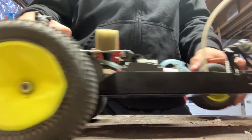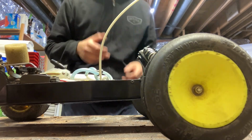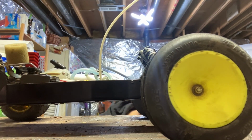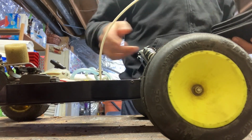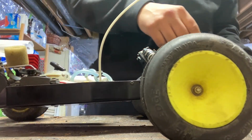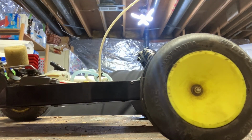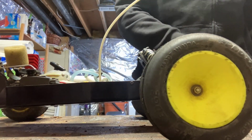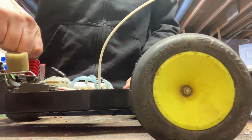So I have to look at a picture of one of these. But what I want to do is get the plug out and just get some WD in it and rotate this motor. I don't know how long it was sitting for. He says it rotated, I mean, it's obvious it rotated when I bought it. It's obvious because it's doing it right now. But I want to get a fresh turn on it. I've been neglecting doing this because I just want to get my planes done and then I'd move on to this, but